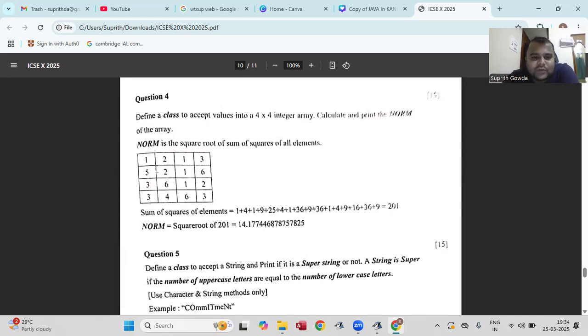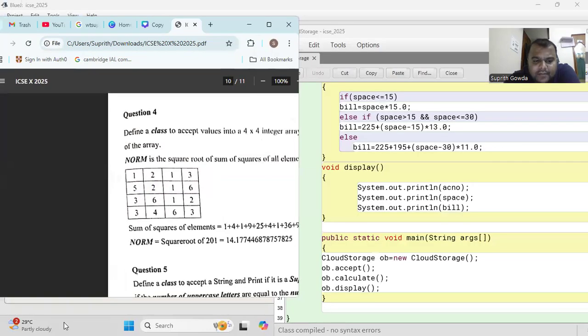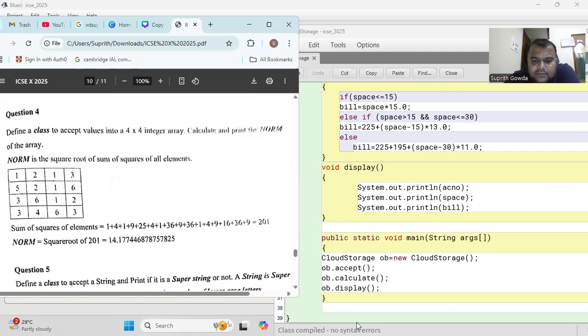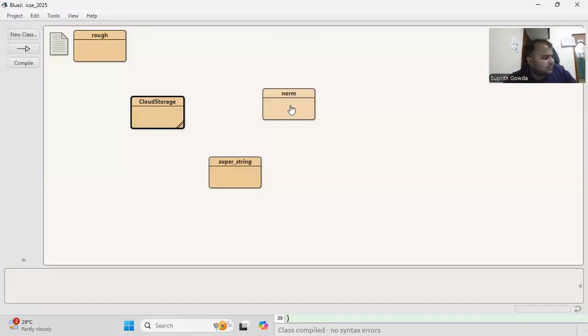So it is a four-dimensional array. He has given the elements row wise, and the addition is 201. Norm it is. Okay. But this one also I have written the program. It is the program. Norm is the square root of